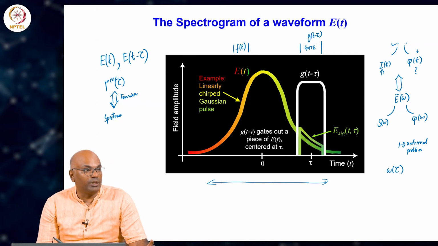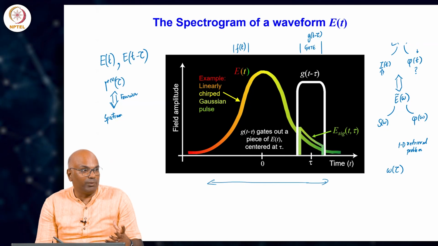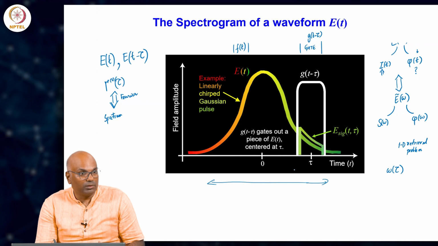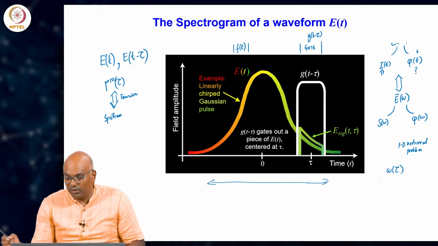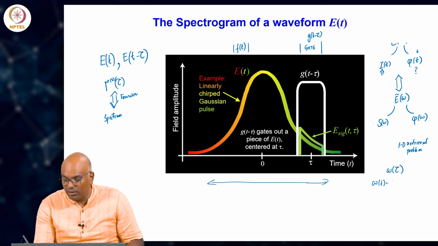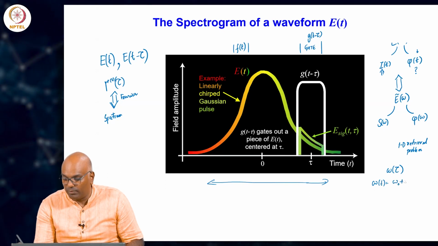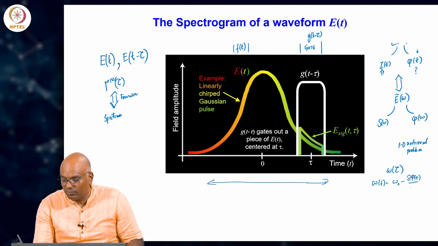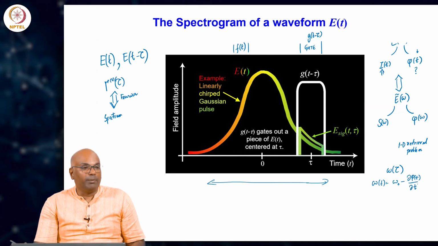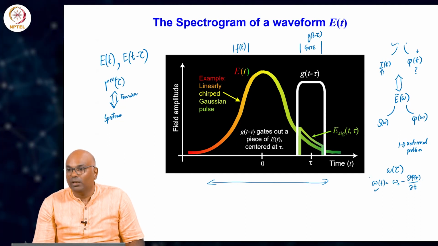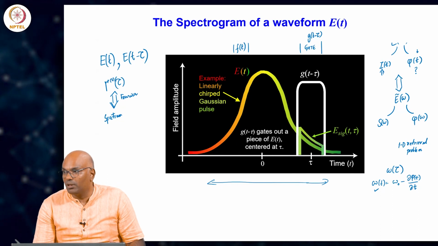What am I getting a measure of? I am getting a measure of the instantaneous frequency inside the pulse, right. Recall we had omega of t is omega naught minus d phi by dt. So, therefore, if I get a measure of omega of t, except for maybe a constant of integration which may